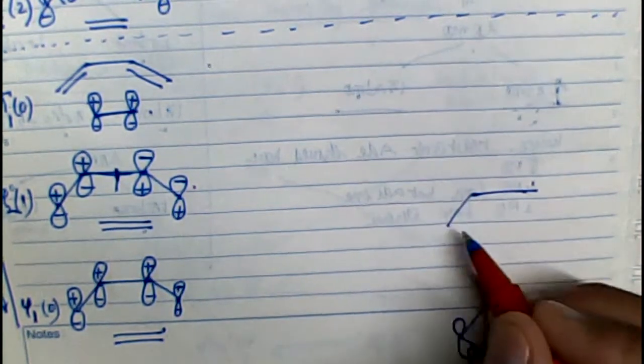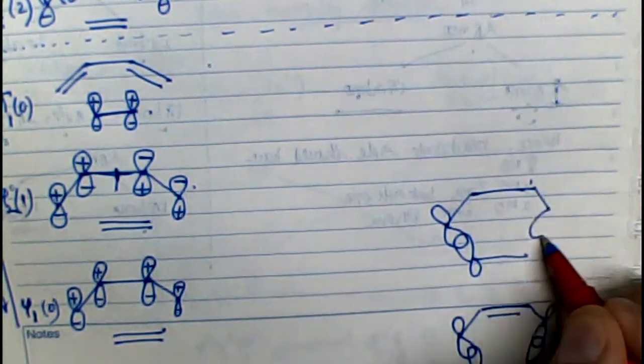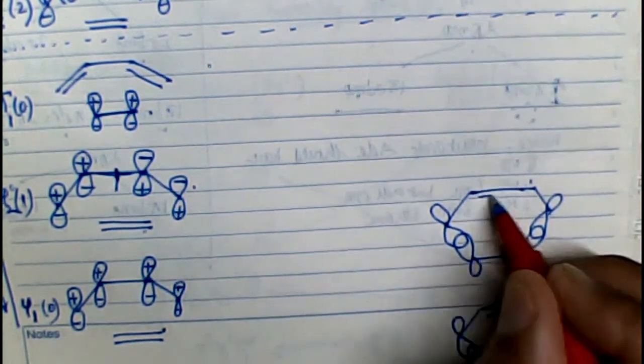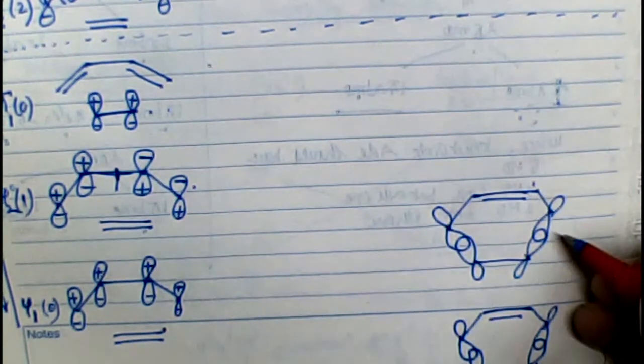Again, if this is the value of energy, it is drawn down. So I'm drawing it a bit lower in energy. See how? Again, a low. This is the sigma bond which was formed. This is the sigma bond which is formed. This is the pi orbital.